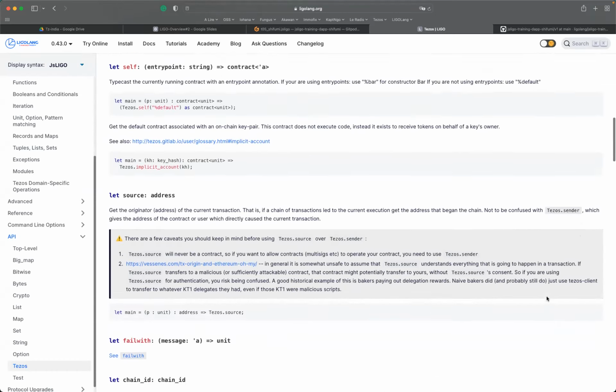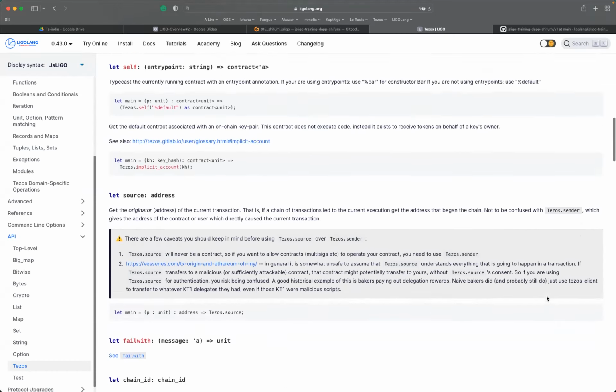Okay, you have this, and the one which I'm going to use is the sender. Get the address that initiates the current transaction. So we are going to retrieve the Tezos sender.